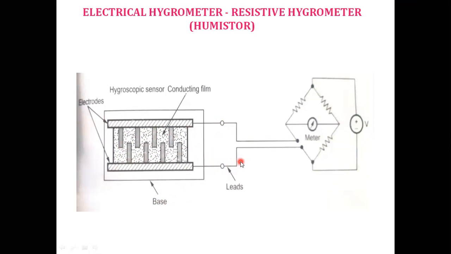And two terminals I am going to draw here, those two leads are connected to the Wheatstone bridge, and it is going to produce some change in the resistance or change in the capacitance, and that is going to be given to this Wheatstone bridge. Some resistors are provided and a galvanometer is provided here, and we can supply some voltage also. A regulated power supply can be given here. Okay, this is the arrangement.